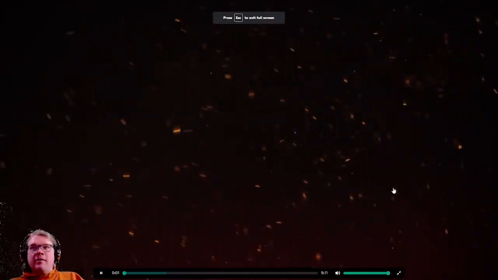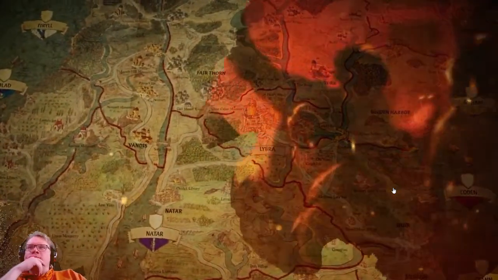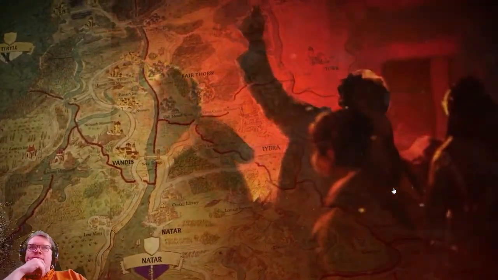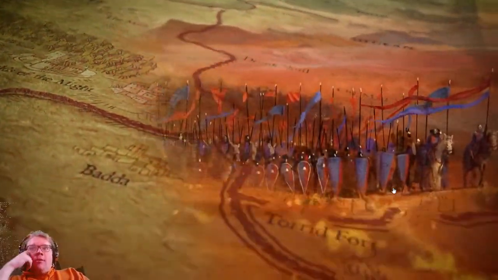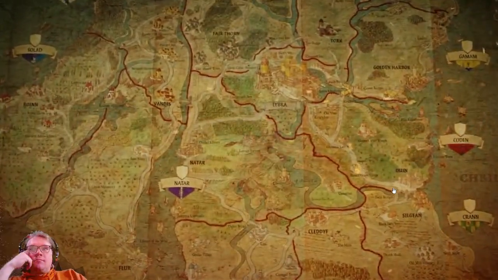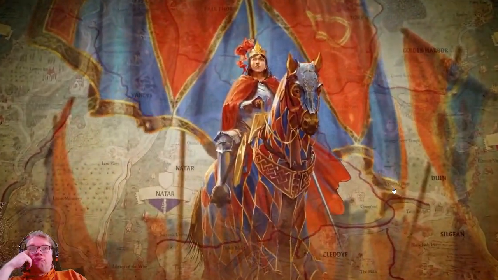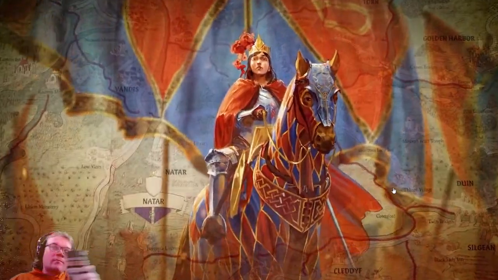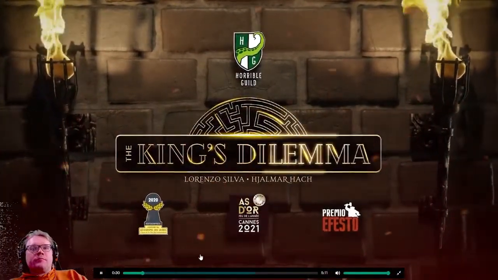The king is dead. Ankist is torn between internal turmoil, an all-consuming war on the southern continent, and the looming shadow of a foreign power. Still, not all is lost. Our queen will lead the charge for our rise. From the creators of the award-winning legacy narrative game, The King's Dilemma...